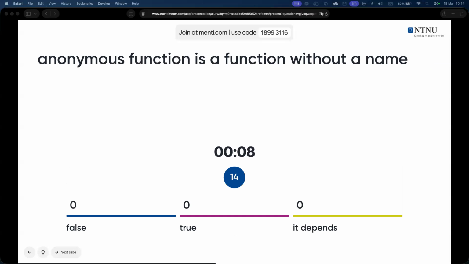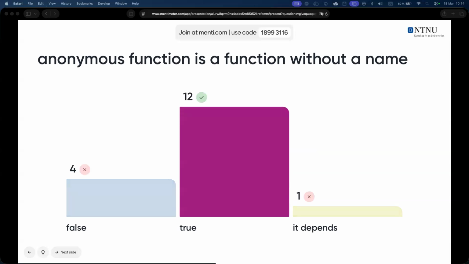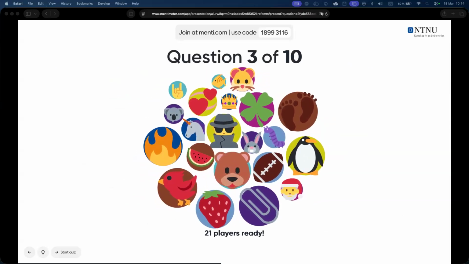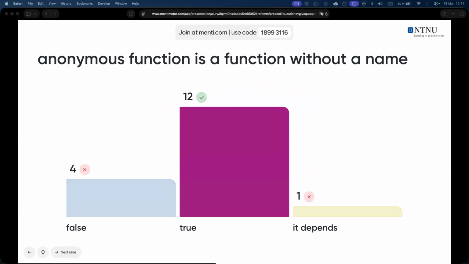So I had this checked with LLMs when GPT-2 was around and GPT-3, and they were doing it wrong. But the latest LLMs are doing it correctly. They learned what is what. So hopefully, if you need to interrogate an LLM, they will give you correct answers. Right. So yes, an anonymous function is just a function without a name,